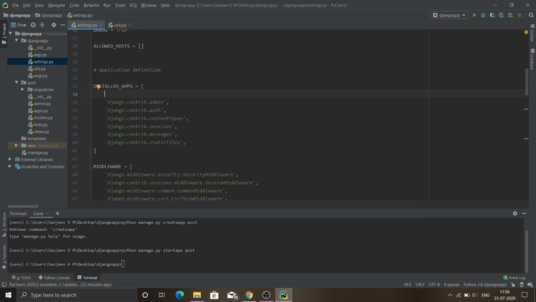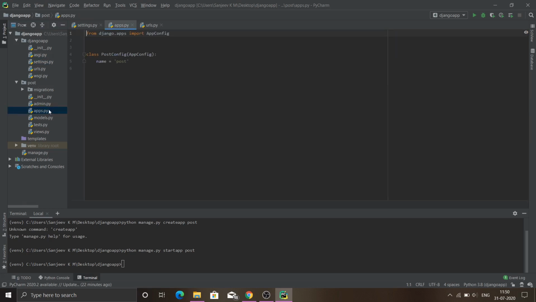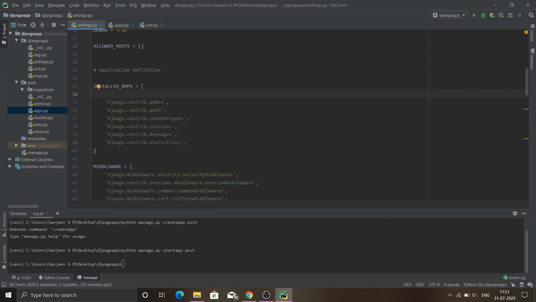To do so, we have to give a location. Under this post directory you can see the apps.py file right here. We have to provide the location of this apps.py file in our settings: post.apps.PostConfig.